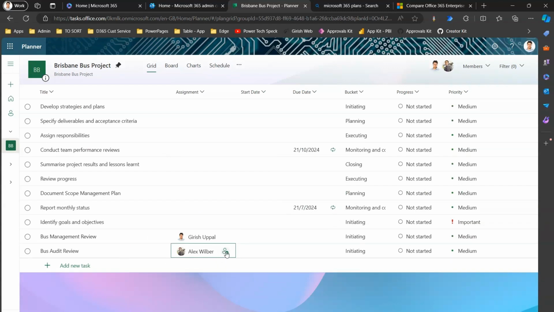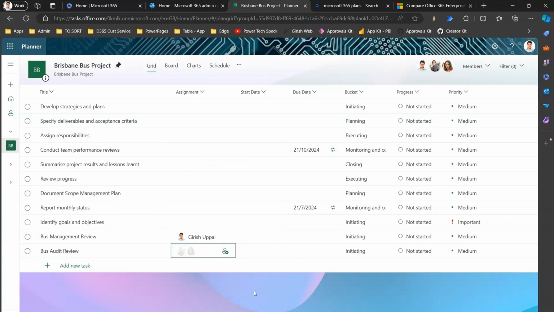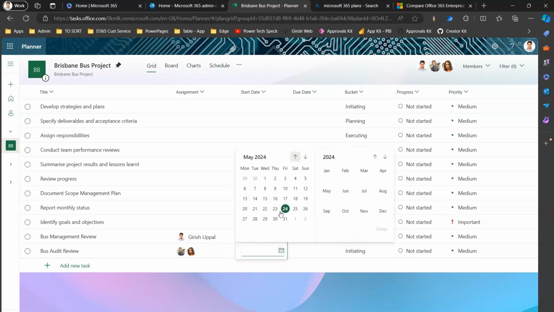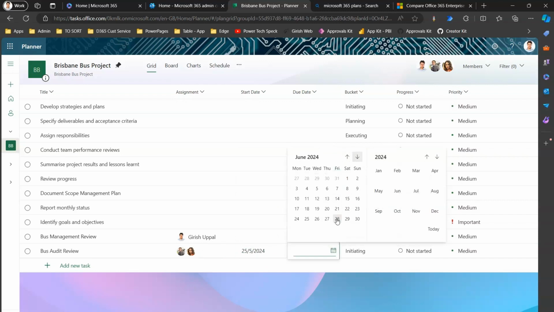Now in planner, you can assign a task to multiple users as well. So if I select Adele's name over here, and if I click on assign and add, then what essentially I've done is I've added this bus audit review task to two people. So you can even do that, you can add it to more than one person. Start date for this particular task is, say, 25th of the 5th, and it will end on 28th of the